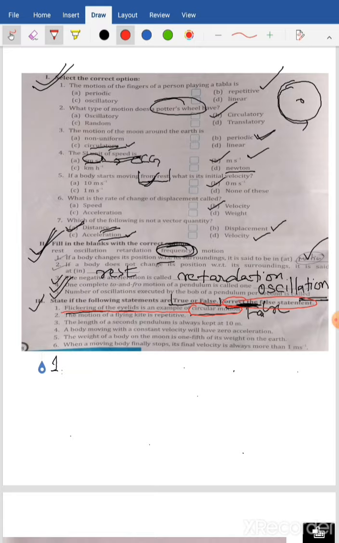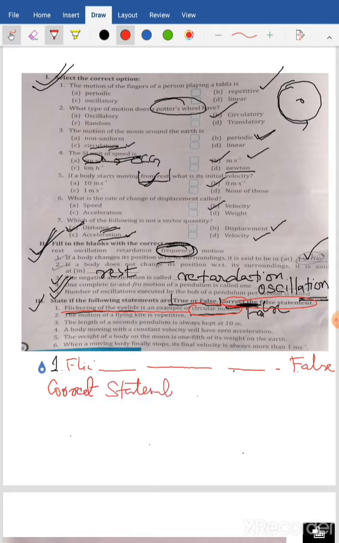So first of all, how you are going to do is, on your copies, you will do like this. You will write here, flickering of eyelids is an example of circular motion. Full stop. You will write here false. Then here you will write correct statement. What you will write? Correct statement.